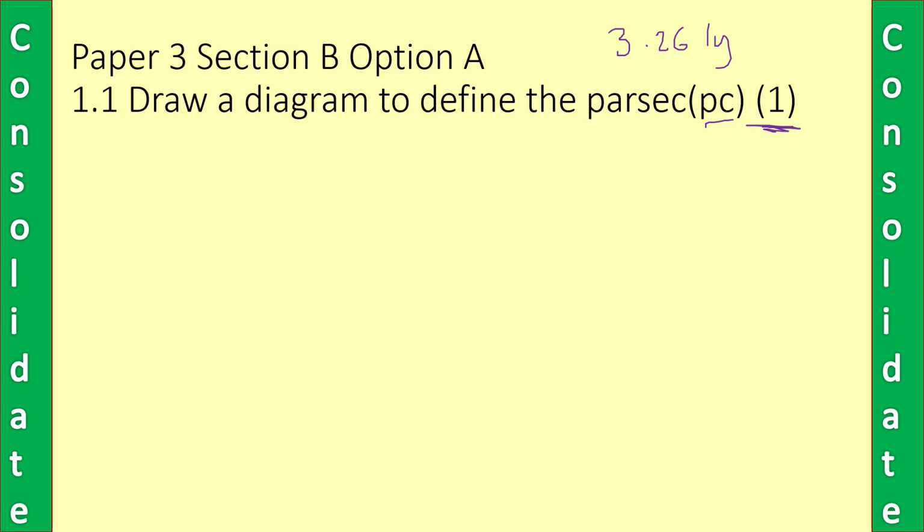I'm just going to do the define the parsec here. So let's assume we've got the sun here and we've got the earth here, and we've got something we're measuring the distance to. And we draw a triangle between these 3 things. Right. When this angle is 1 arc second, so the angle of parallax is 1 arc second, or 1 over